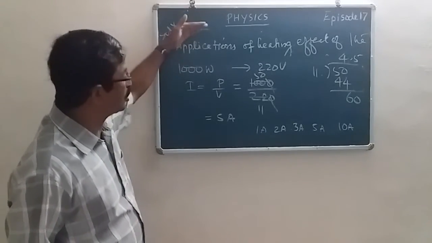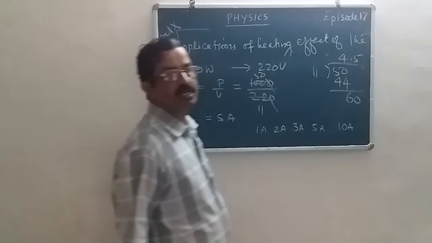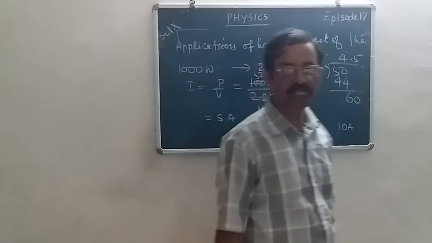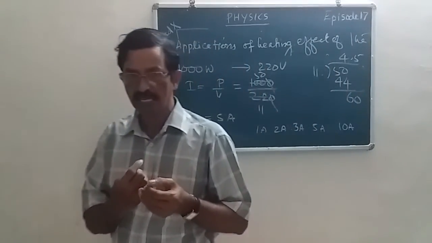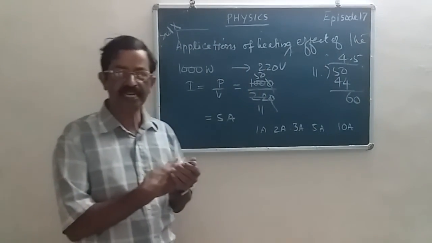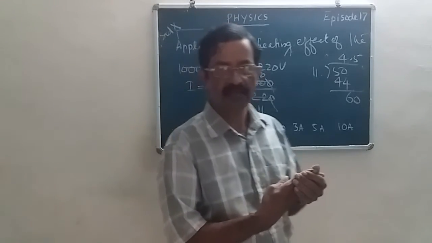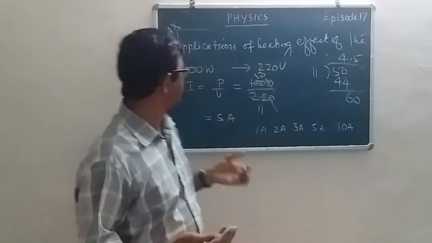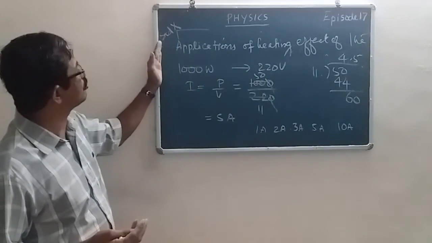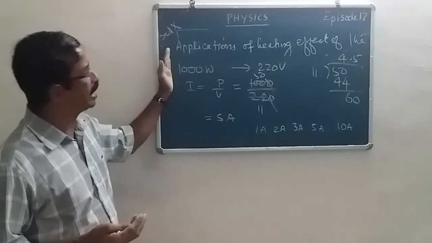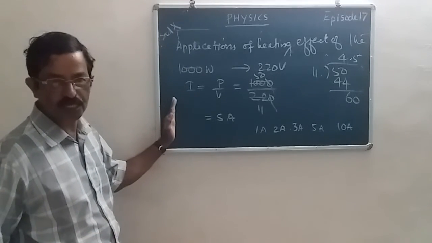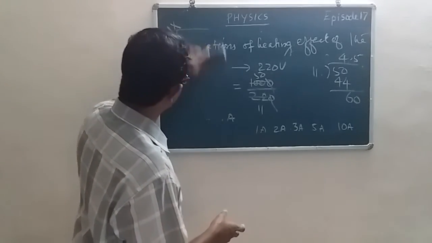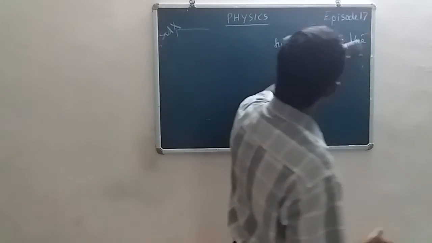Now these are the applications of the heating effect of electric current. It is used in laundry iron, toaster, electric kettle, electric iron, electric heater, etc. Also it is used in the electric bulb and in the safety fuse or electric fuse. Now one more thing we want to remember from this unit is the